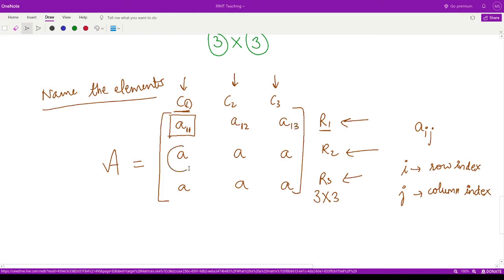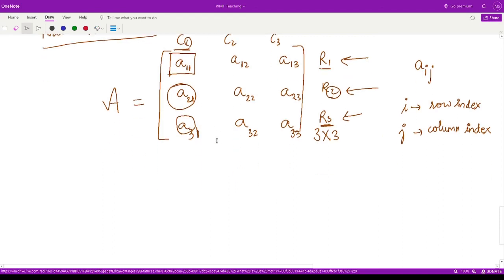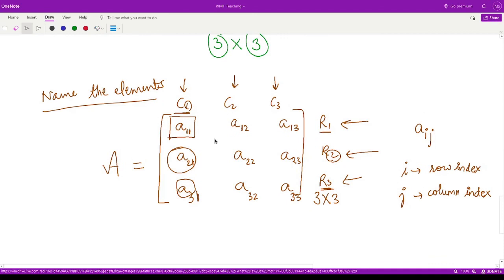Next, for this particular element we are now in the second row, so it would be 2 here, and we are in the first column, so it would be 1. So a21. Next would be a22, next a23. Now because we are in the third row, it would be a3 and the first column, so a31, then a32 and then a33. So this is the position, or the name, of each of the elements. Please make a note of how we can write this matrix here.